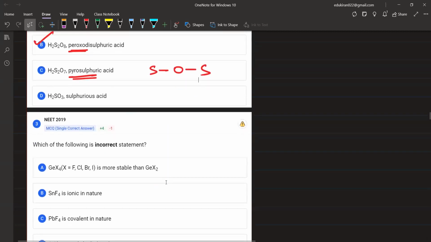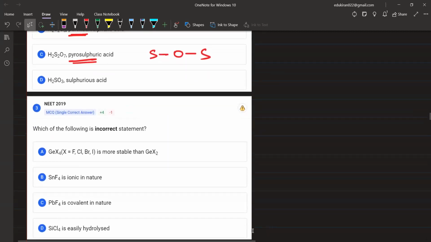चलिए मूविंग ऑन, ये बताइए जरा, which of the following is incorrect. यहाँ पे पहले वाले स्टेटमेंट में ये पूछ रहे हैं जर्मेनियम का +4 ज्यादा स्टेबल है या +2 ज्यादा स्टेबल है, ठीक है। Then they are asking when you have tin and F4, then in that case it is ionic nature में या फिर it is covalent nature में। Then they are saying is PbF4, now Pb is again +4, it is covalent in nature, and then ये पूछ रहे SiCl4 is easily hydrolyzed। इन सब के बारे में बताइए।